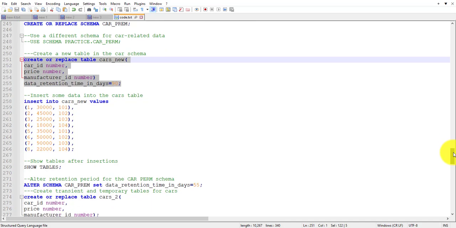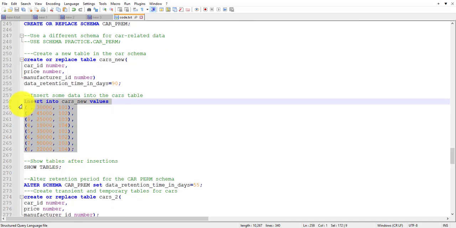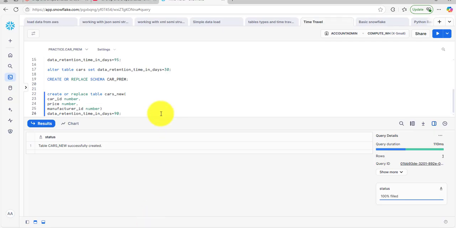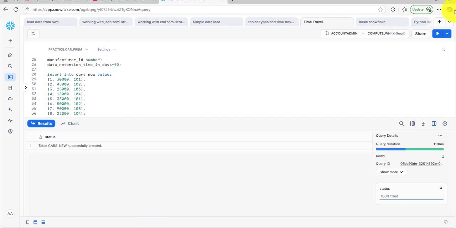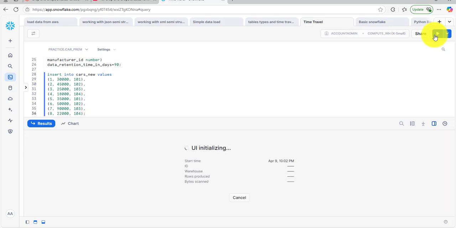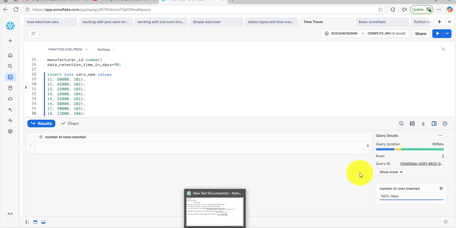Now I'm inserting data into the cars new table. Eight rows have been inserted.